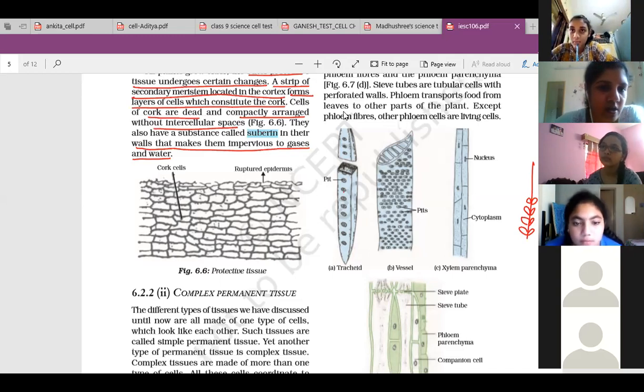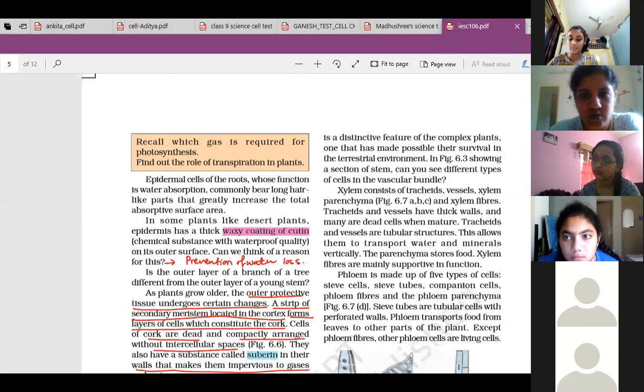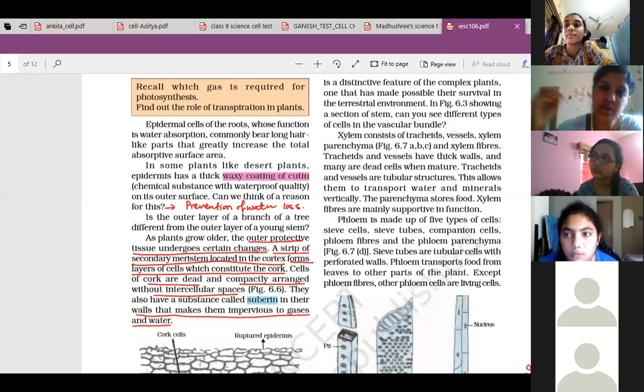Exactly. Now a question very commonly asked on this part is the difference between xylem and phloem. So first we have seen the xylem part. Now what is the function of phloem? Phloem is also a tissue, and it helps in the translocation process. Translocation means transport of the water soluble components of the food. Leaves prepare food by the photosynthesis process, and that food will be transported to each and every cell, to different parts of the plant.